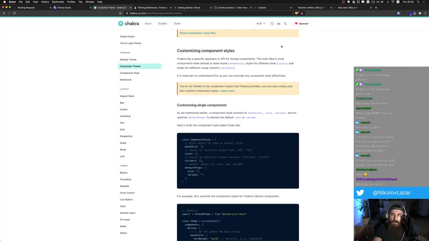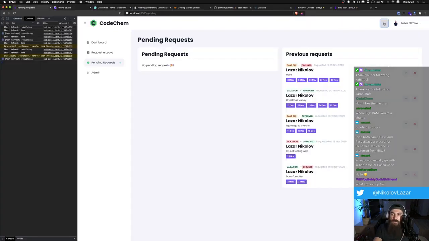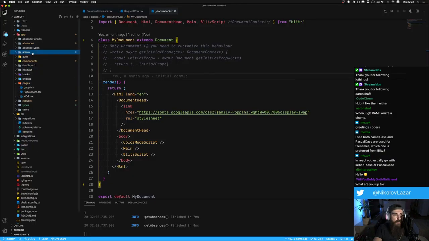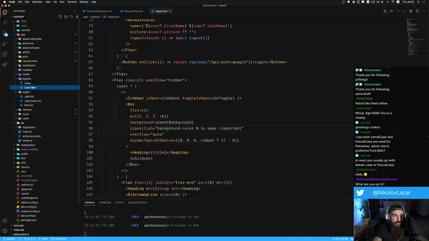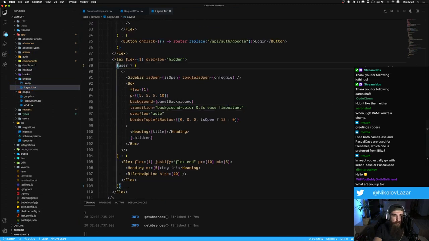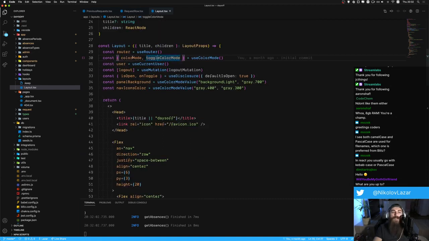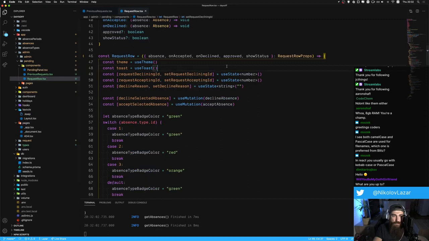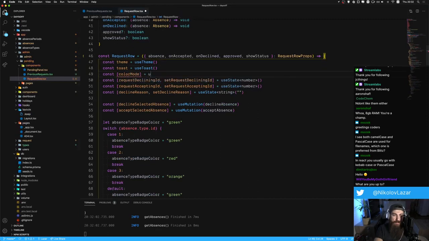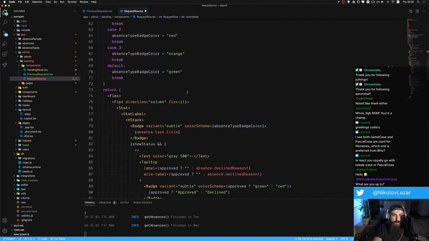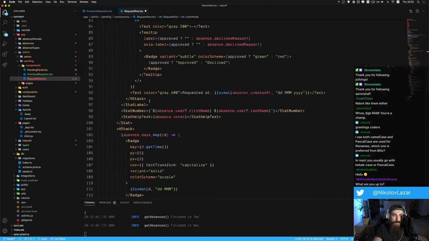Okay, but then we need to find this button. So maybe layouts. We have the user here. Change color mode, toggle color modes. Oh, okay, so use color mode. Nice. Color modes. Nice. Okay, so let's go back